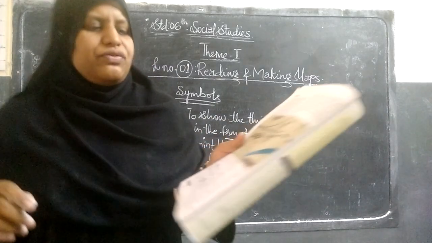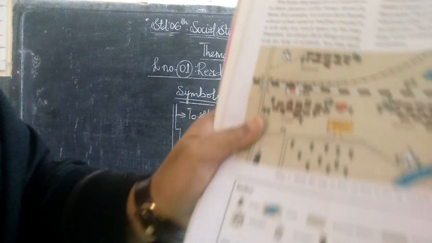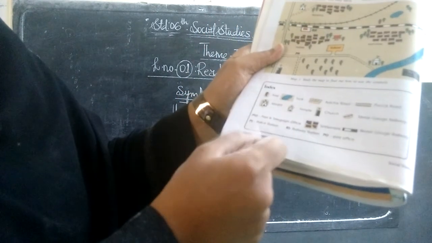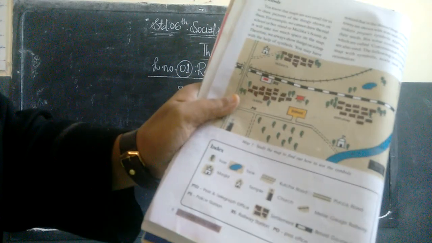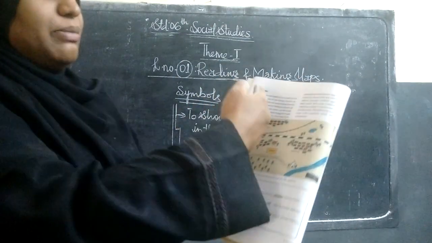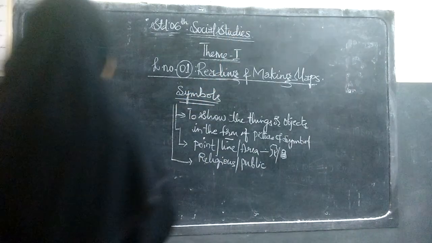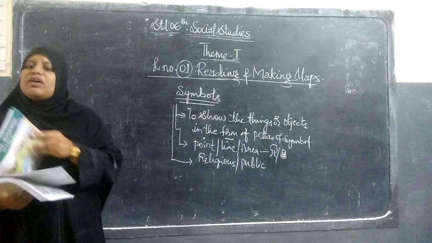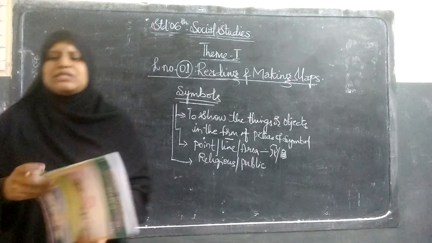Here we can have a look at figure 1, the study of the map to find out how to use the symbols. These are the symbols. Next here is the index with a few types of symbols, and their names are also mentioned. So this is how symbols are used to show the formation of the different kinds of features. You can have your own symbols also. So this is about the symbols. This is of the map. This is about the index. You can still find out more about the symbols from your atlas or the textbook, to know how they are used and what they are.